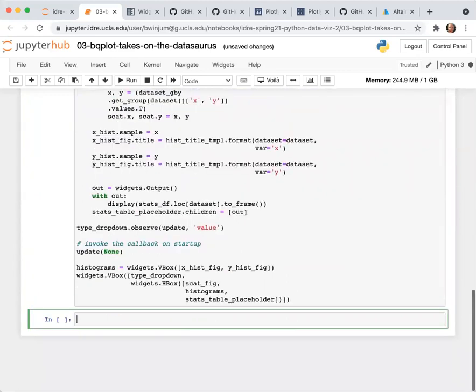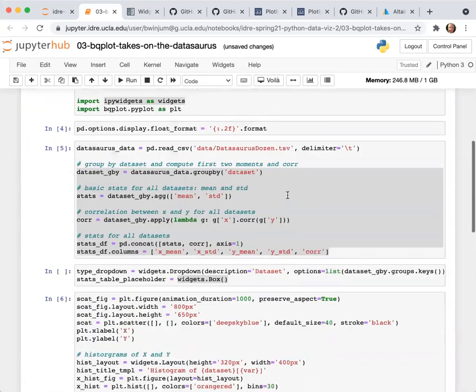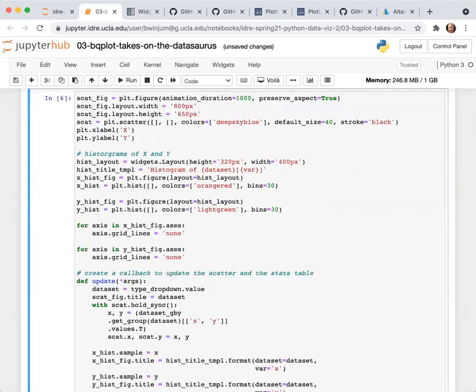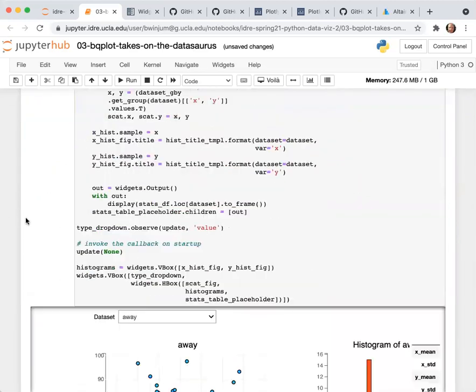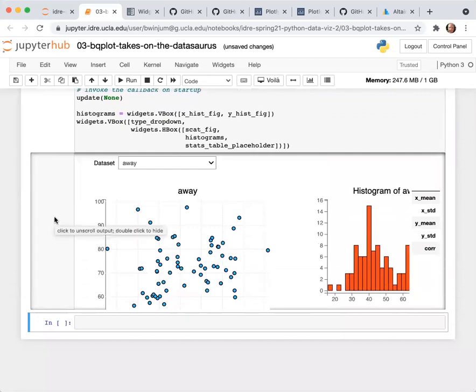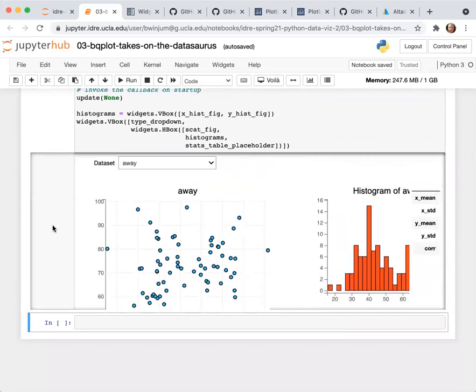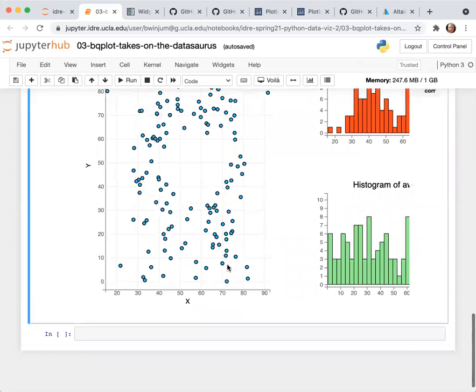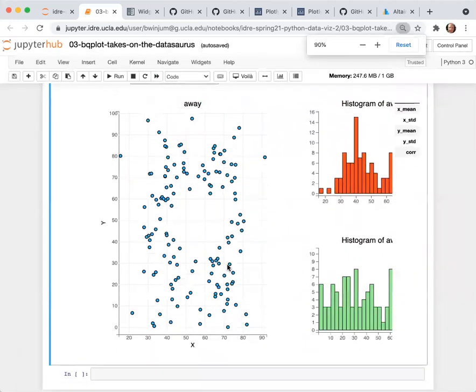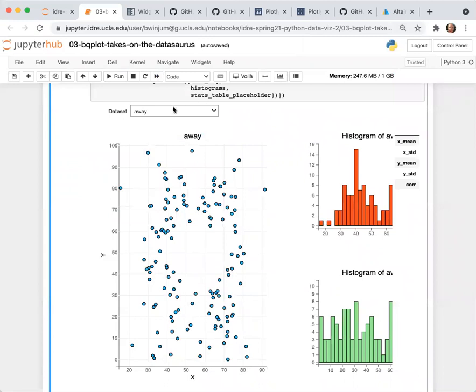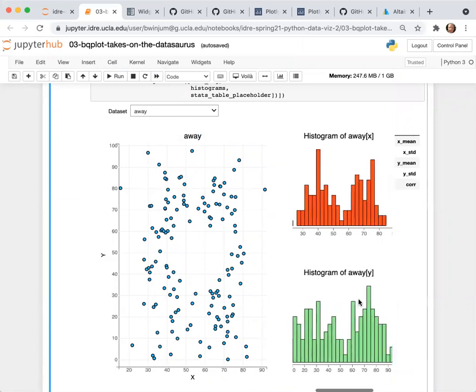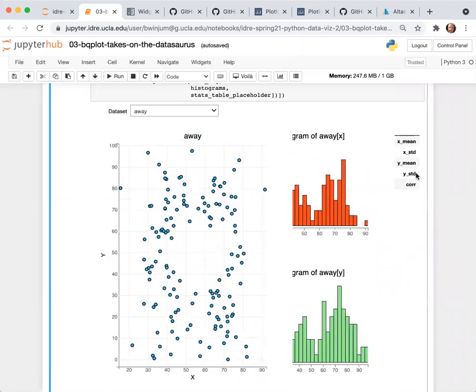So I'll execute this and let's see. So I've executed this one. And by the way, if you get something like this too, which has a little scroll bar to the graphic, you can click on the left-hand side and it'll expand it to a full thing. So here's the drop-down menu. Here's the scatter plot. Here are two histogram plots. And my screen is a little too small, but there's also the mean. If you could see off the left side of this, there would be the statistical values.